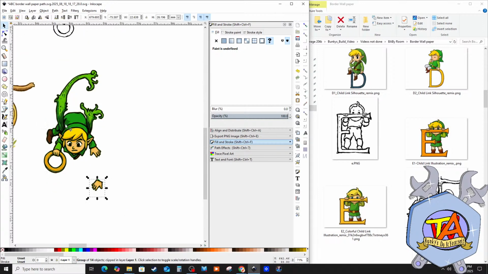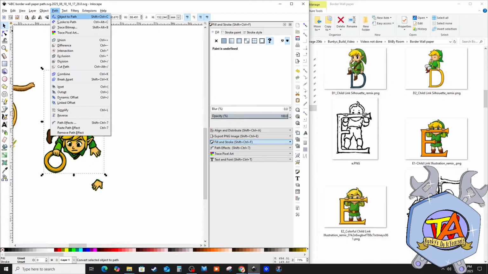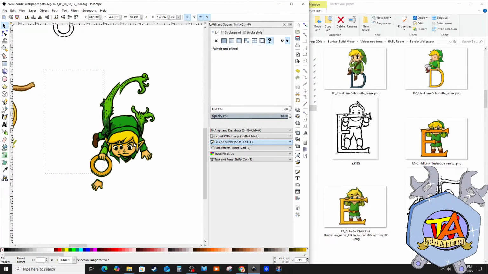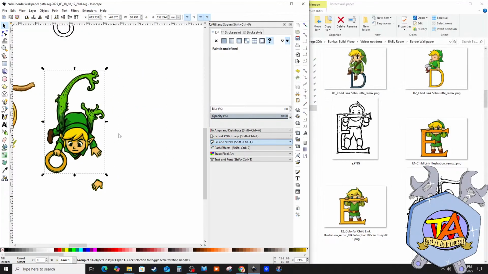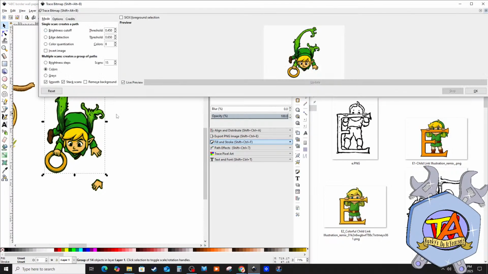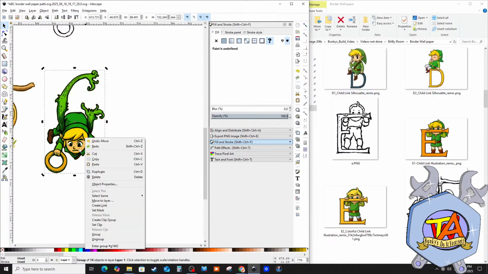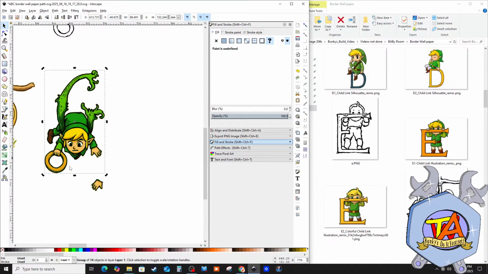Okay, let's go ahead and turn this into a bitmap 15 so I don't have to tackle too much stuff. Okay, that did not work. Did I not have it selected? Trace bitmap 15. Okay. Or did I already do this? Is it already a bitmap? It might be already a bitmap. I already did this. Okay, so